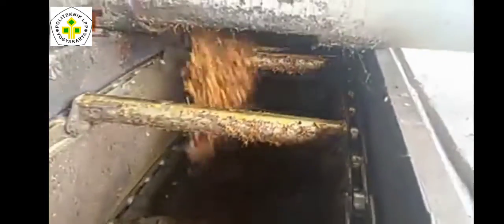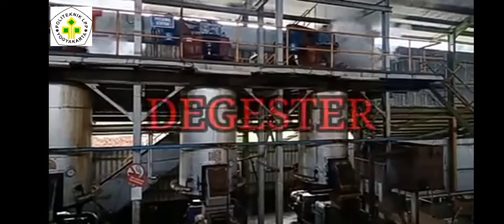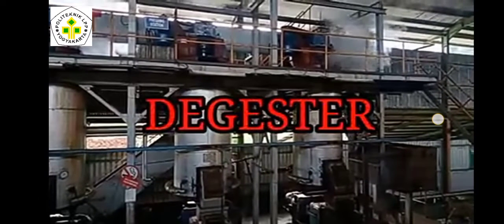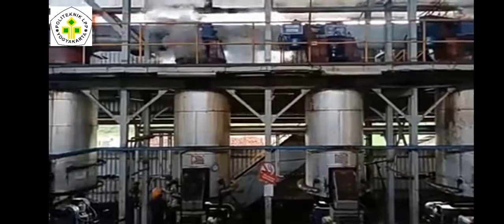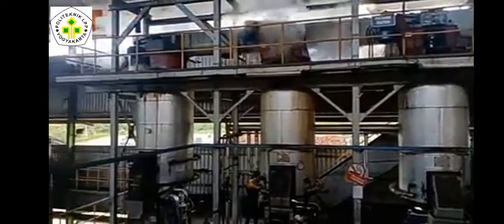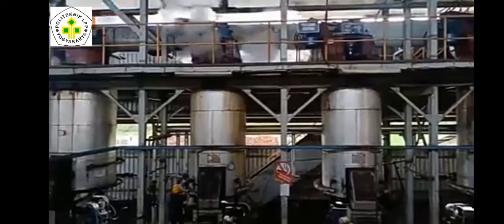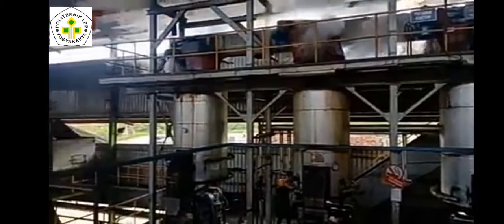Number 11. Fruit scraper conveyor. This tool serves to transport brondolan from the tracer tools to the digester. Digester is the beginning of the process of the pressing station, directing fruit to spread the phase of the fruit with the side product for the gradient station in the digester, scraping through to the fruit transfer conveyor.